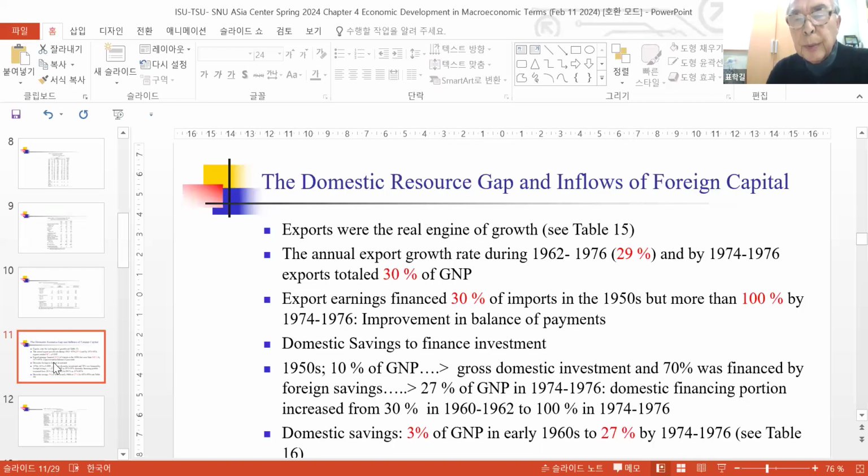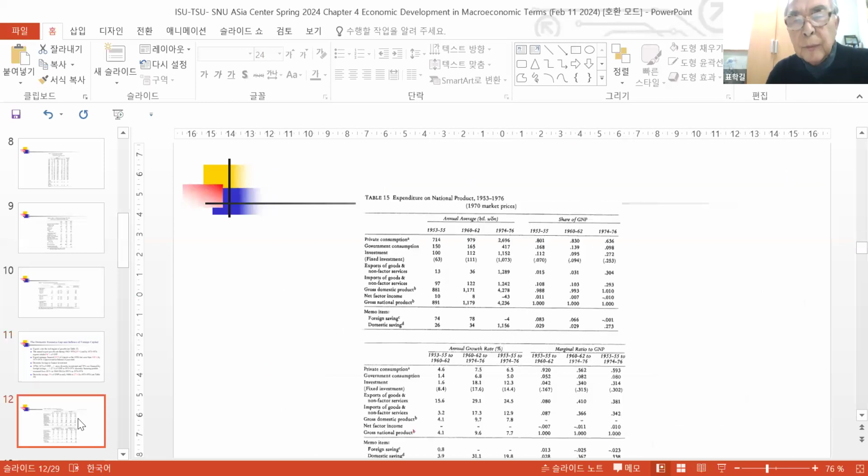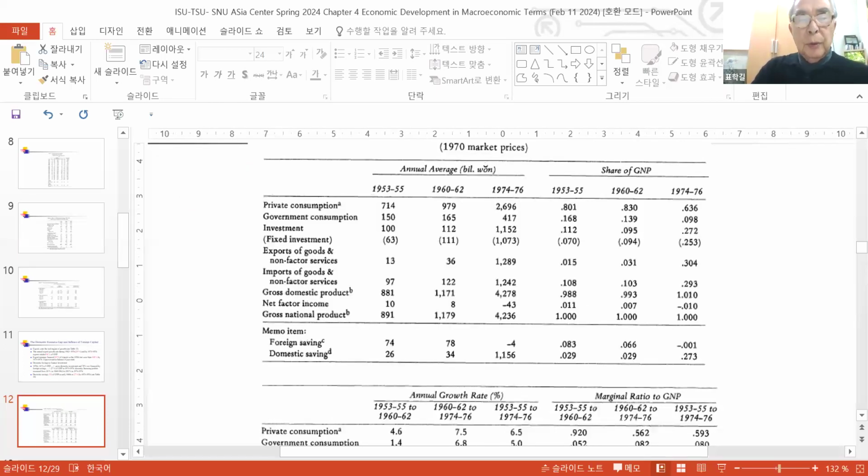Domestic resource gap and inflows of foreign capital. Exports were the real engine of growth. For example, in table 15, if you think of annual percentage change in table 15, it's hard to see. You see, it is so small. But for example, this is by source of growth here,